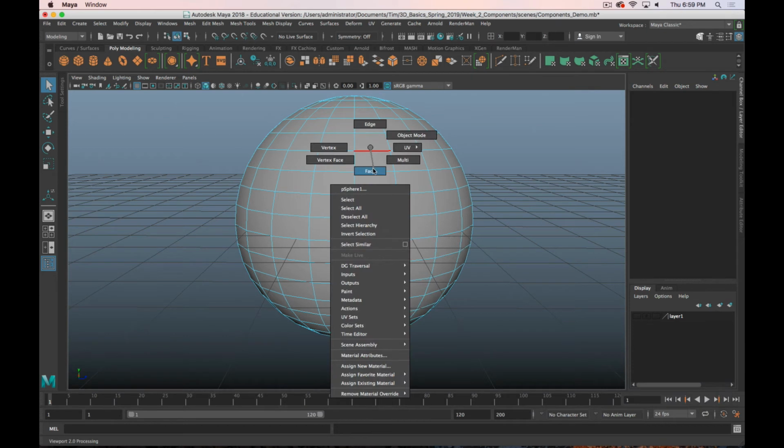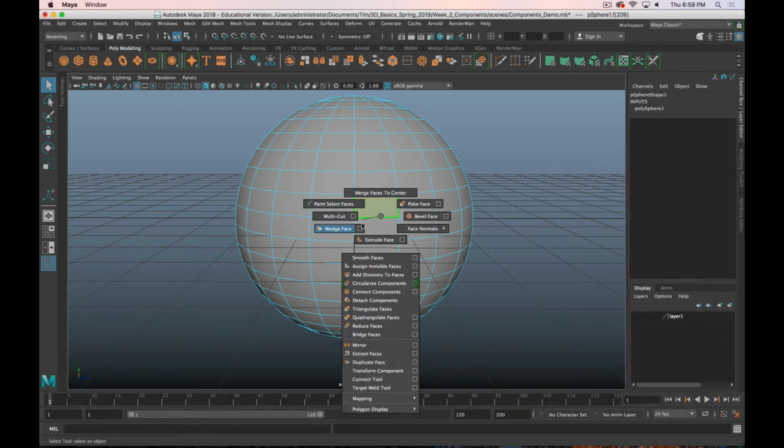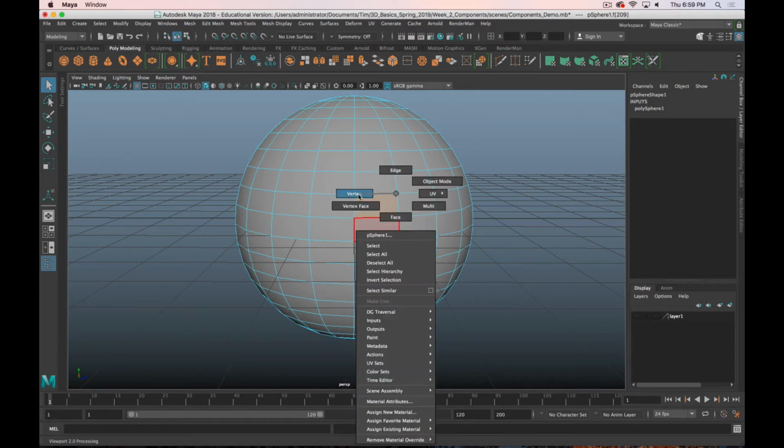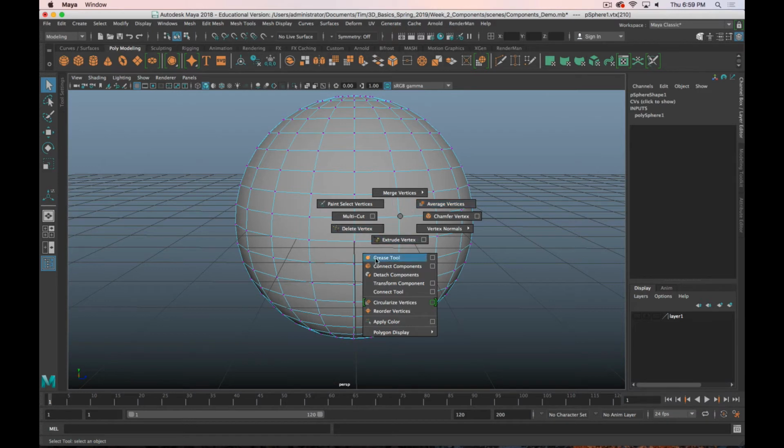If I go to face mode, select a face and shift right click, I've got a whole bunch of different options. I have smooth faces, extrude face, poke face, bridge, detach, triangulate. Same thing if I go to vertex and shift right click. I have average vertices, extrude vertex. You can see there are some similarities, like there's a version of extrude in every component,